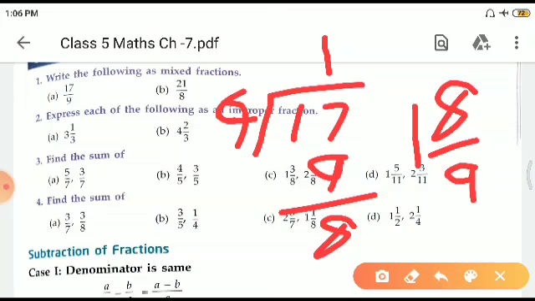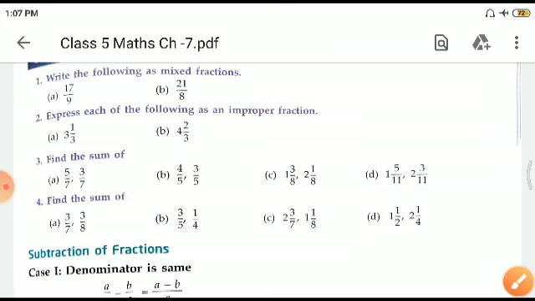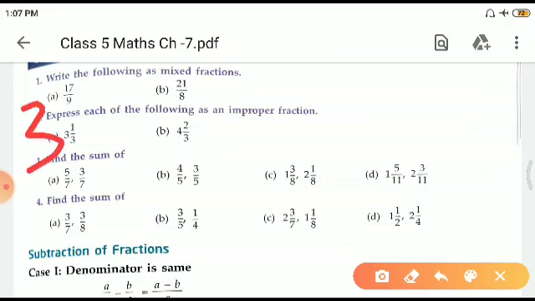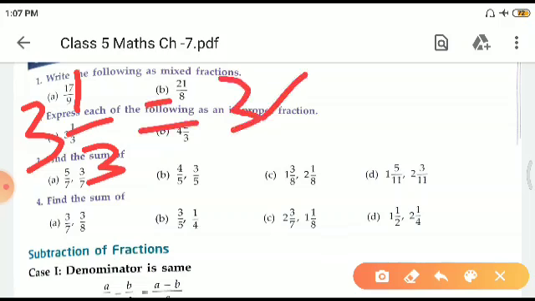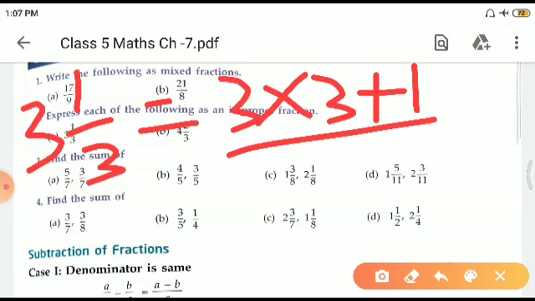Similarly for the next one, right? And then for an improper fraction we need to multiply the whole number with the denominator, like 3 1 by 3. So 3 into 3 is 9 and then we add the numerator 1, so it becomes 10 upon 3, right? So once again, see here, children, how I converted 3 1 by 3 into this. The answer here is 3 into 3 plus 1 upon 3, right?